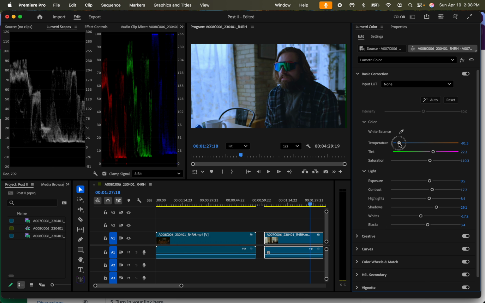So if I bring it back right about there. So there we go. Yeah, we're pretty close to where I just was. I wasn't even looking at the slider. I was just sliding. There we go. Now the reds right here, you can play with this and bring them down. Okay, so you're able to look at your meters for the correction here, and then when you're ready to start